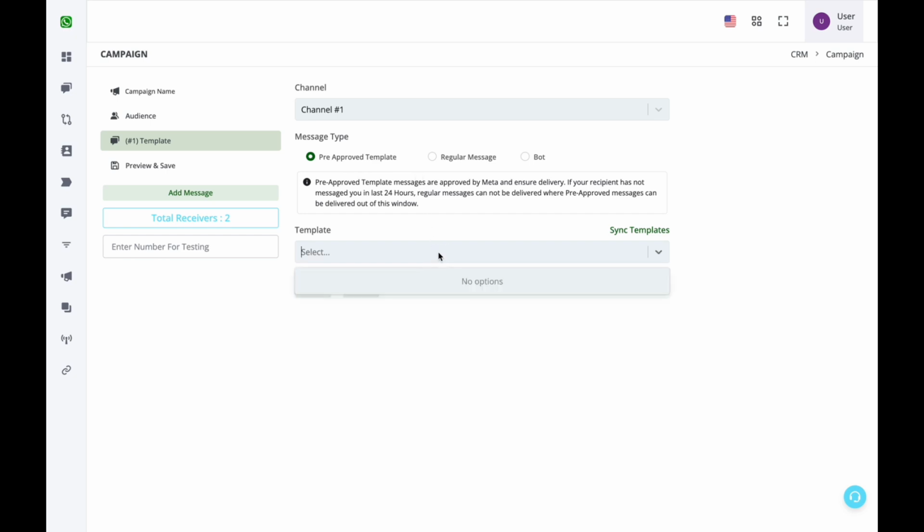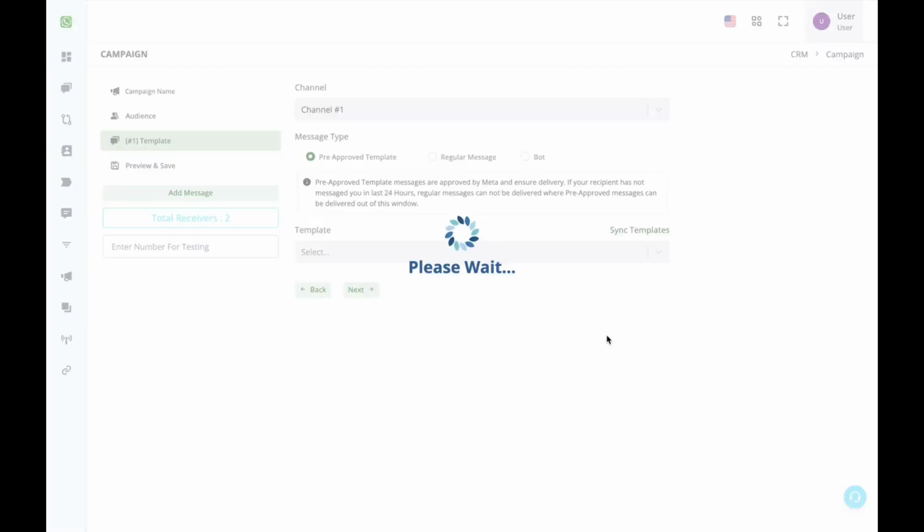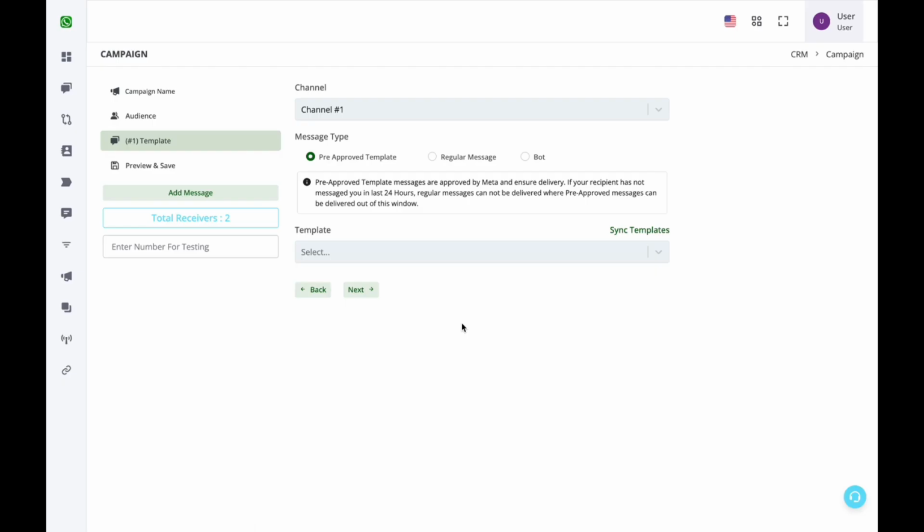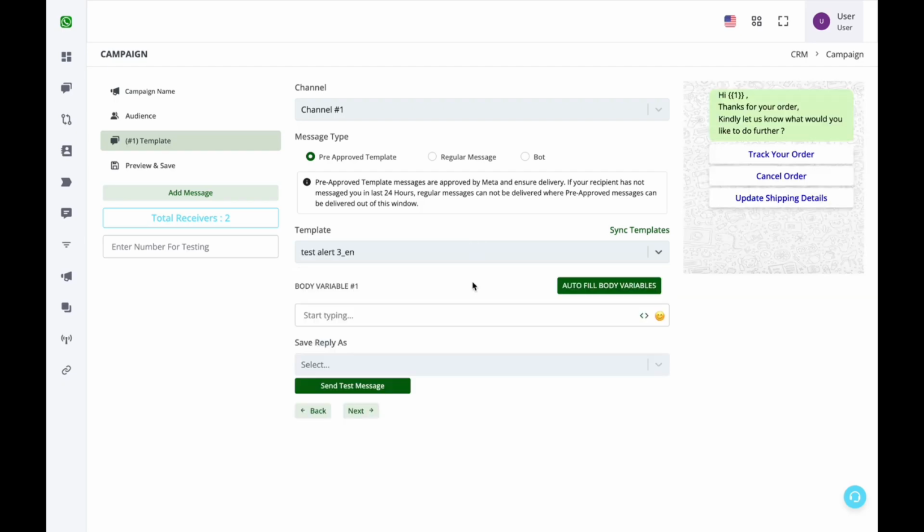Now if you have any pre-approved templates, it should show here, but if you have created the templates in the CRM and they are in the VABA and they are not visible here, simply click on sync templates. Now all the approved templates would be fetched and you can see them here. Then you can select any of the template, and once you have selected the template, you'll get the option to